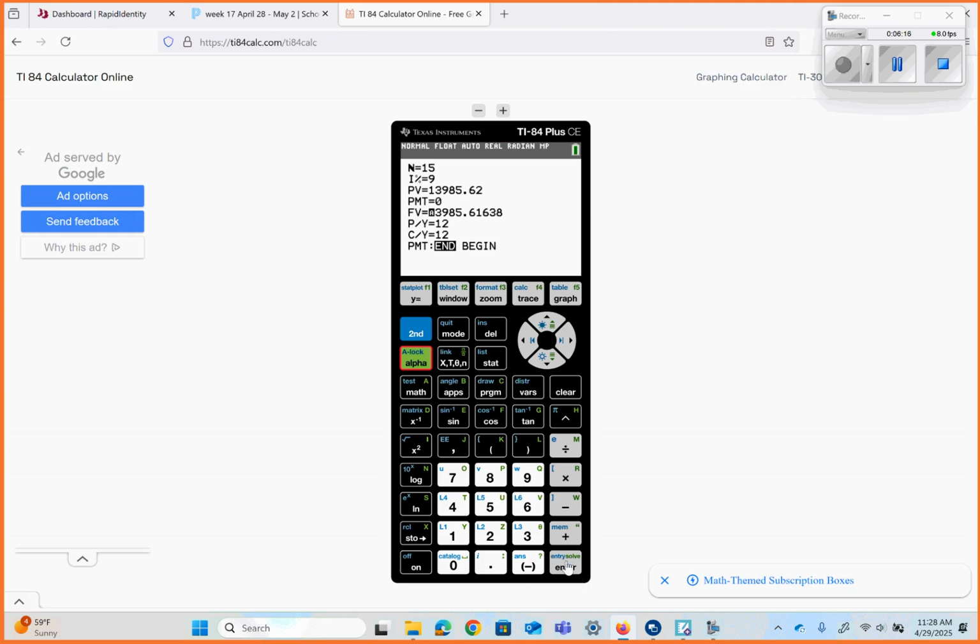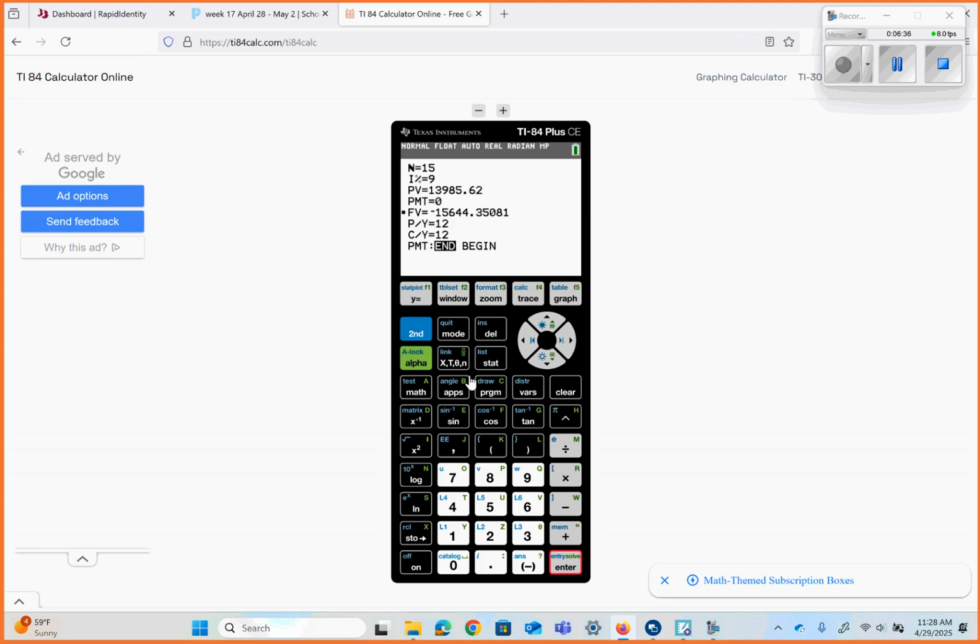I have a zero payment. Let's see what happens. All right. So it turns a little backwards, which is fine. Don't worry about the negative. This just means that she was not investing any more money. The $13,985 after 15 years jumped up to